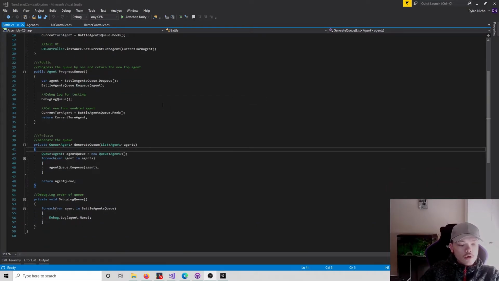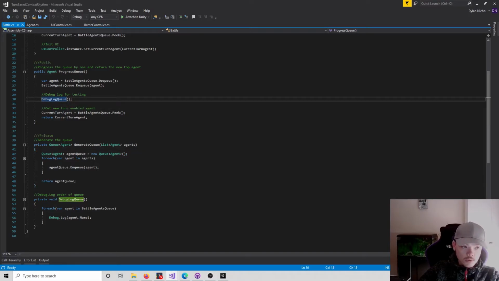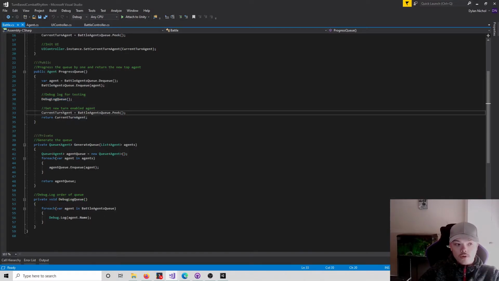The only other thing of note here in the battle class is the progress queue. This will get called in the battle controller, which I'll show you in a second. So we dequeue from the battle agent's queue, so we take out the next agent, which we should have just taken that agent's turn. We keep a note of it locally, and then we enqueue it again, so we're adding it now to the back of the queue, so that when we loop back round, we can give that agent a turn again. For testing, I'm just logging out using Debug.Log each of the agents in the queue order. Then I'm assigning the current turn agent by using peek, like I showed you a moment ago, and then I'm returning the current turn agent,